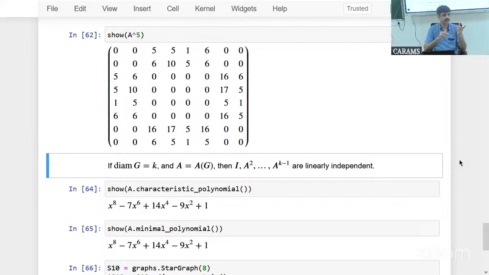Yes, it is an annihilating polynomial. The characteristic polynomial is also an annihilating polynomial of the matrix, but the minimal polynomial is the unique monic polynomial of minimum degree which annihilates the matrix, right? For any square matrix. So if you have I,